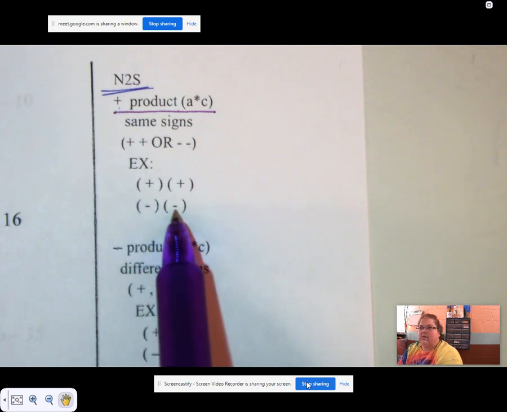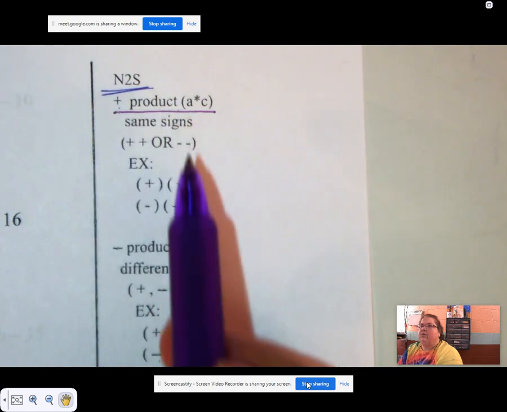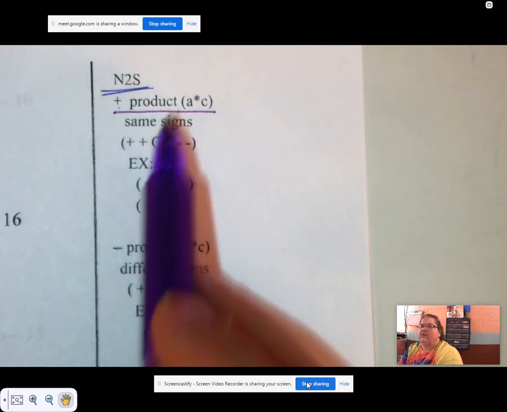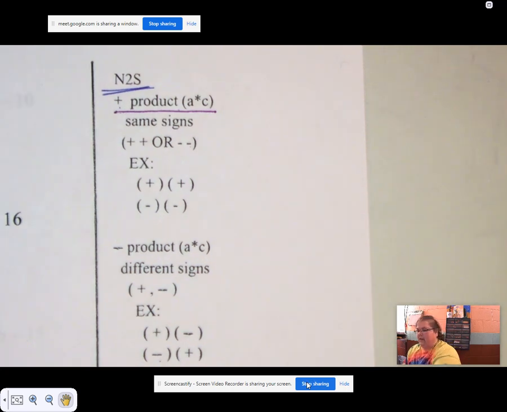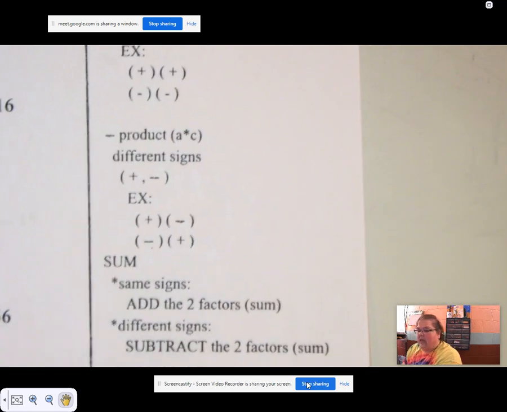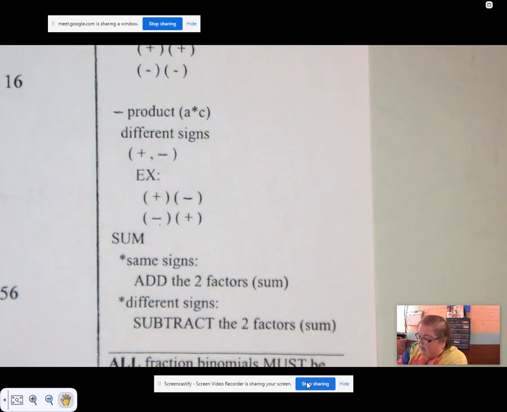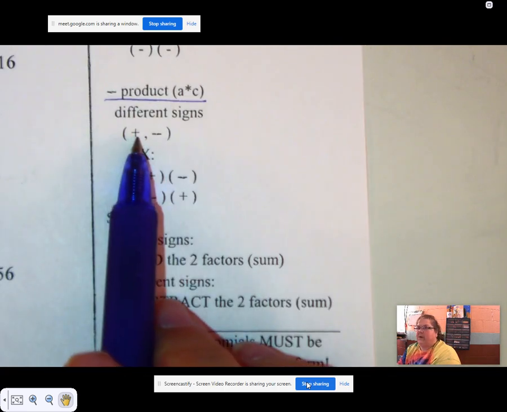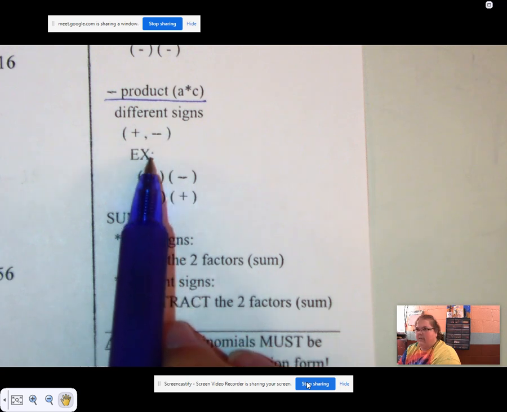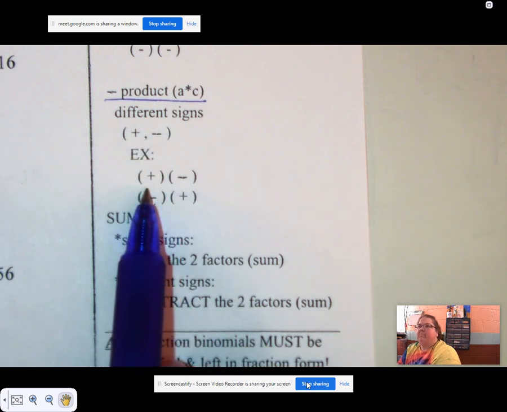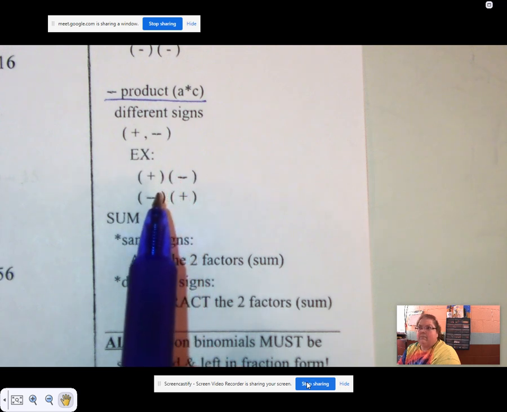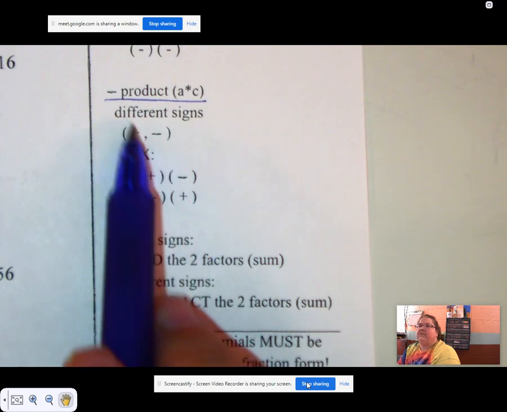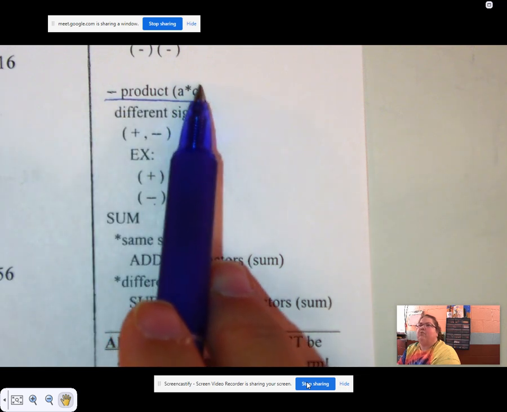Okay? So this is going to help you when we are determining what goes inside the binomials. And again, I'll explain that in a little bit. Okay, now, if you have a negative product, then you've got different signs in your binomials. One is positive, one is negative. For example, plus and minus, or minus and plus. In your binomials, your signs are going to be opposites if you have a negative product when we multiply A